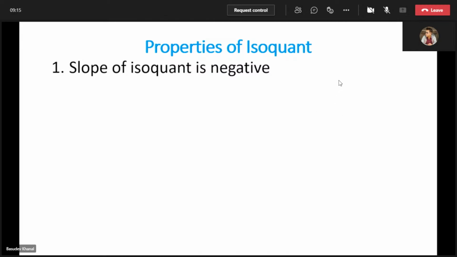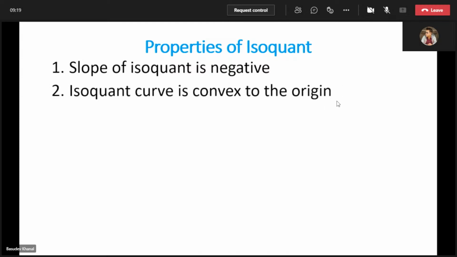You should explain these points with the diagram as well, consulting your books, because I have not mentioned detailed analysis of this, as these properties are very similar to the properties of the indifference curve. The second property: the isoquant curve is convex to the origin. Another important property of the isoquant is that it is convex to the origin, because